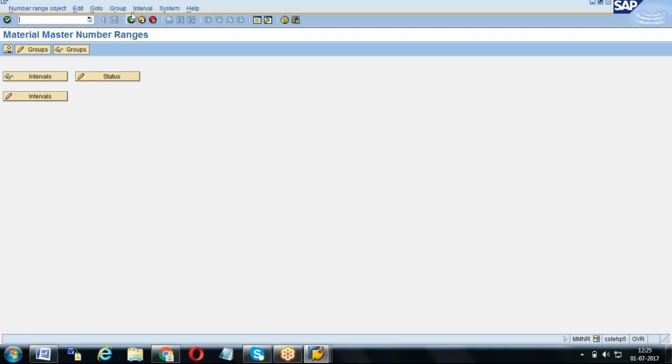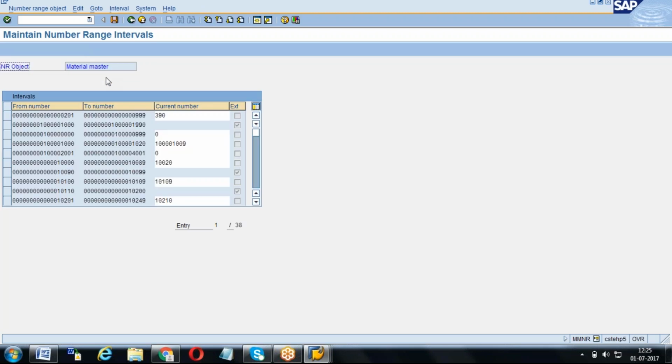This is number range maintenance. Now we are in the MMNR screen. If you get error messages like no intervals are allowed, or intervals are already completed, or the overlapped kind of thing, what you have to do is, in real time these kinds of things won't happen, because for each range we will give some 10 lakhs or 50 lakhs like that. But in IDES what will happen, some people may give a complete range, 1 to 900 billion or whatever it is, they will use it up completely.